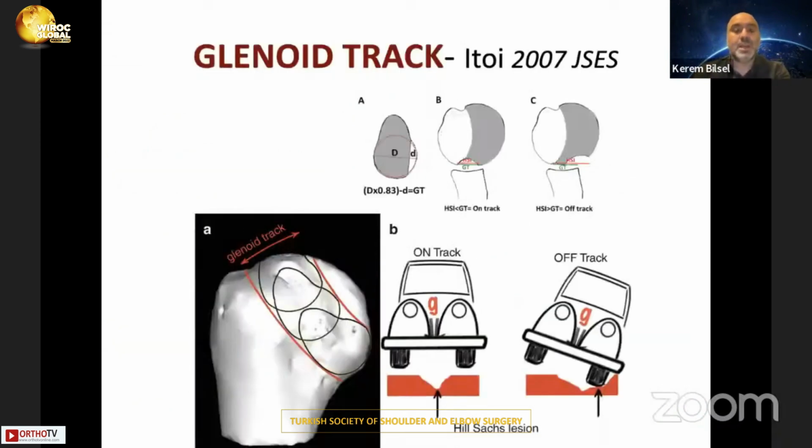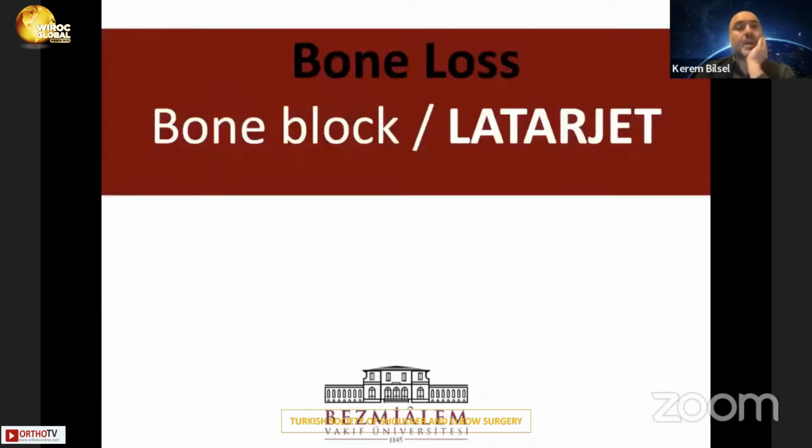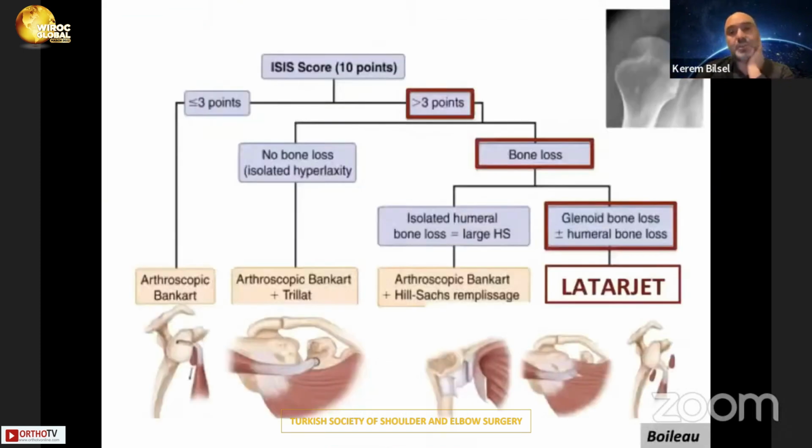block surgeries. You can also use the glenoid track, but in my practice, I don't use it. But it's really good for giving the indication for these procedures. I mainly use the bone block Latarjet procedures for bone loss. If I have more than 3 in terms of the ISIS score, and if I have combined bone loss, I go